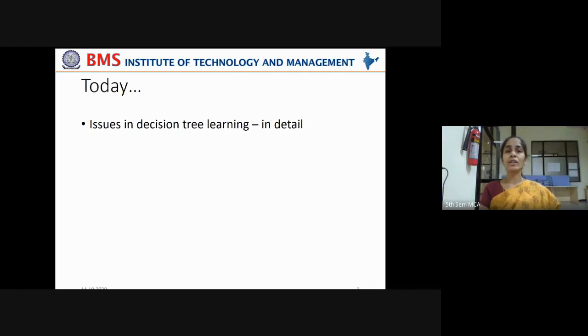Let's proceed with what are the issues in decision tree learning. This is a very lengthy topic. Why? Because you need to understand very clearly the concept of overfitting and underfitting. Not only with decision tree learning, but with many other machine learning models, this overfitting and underfitting problem occurs. By seeing overfitting, you should not be happy that your machine learning model is performing very well. You should also see the performance of the model with the test set. Only if it is performing well with the test set also, then we say that your model is generalizable. Your model can predict well with unseen data.